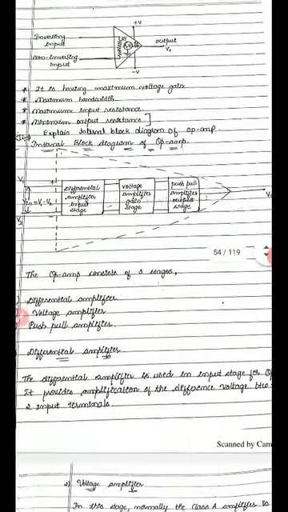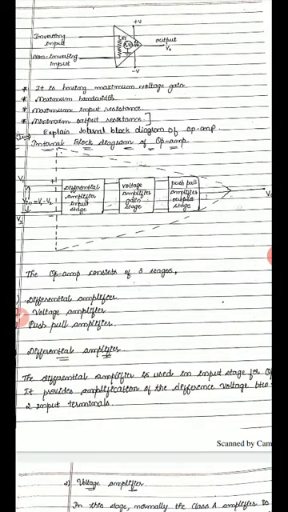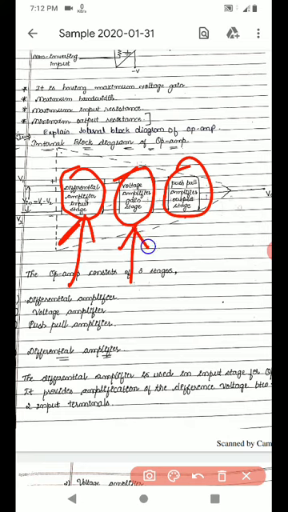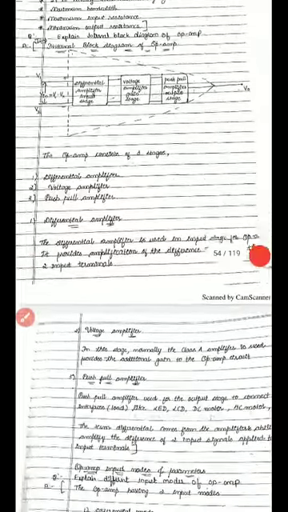These are the three blocks of the block diagram you should remember, that is the internal block diagram. If I want to explain the internal block diagram of the operational amplifier, it consists of three blocks: the differential stage, the voltage amplifier, and the push pull amplifier. The first is used to take the difference between the two inputs V1 and V2, the second is used to amplify the signal, and the third is used for interconnection with other devices, that is the output devices. That explains the internal block diagram of the operational amplifier.